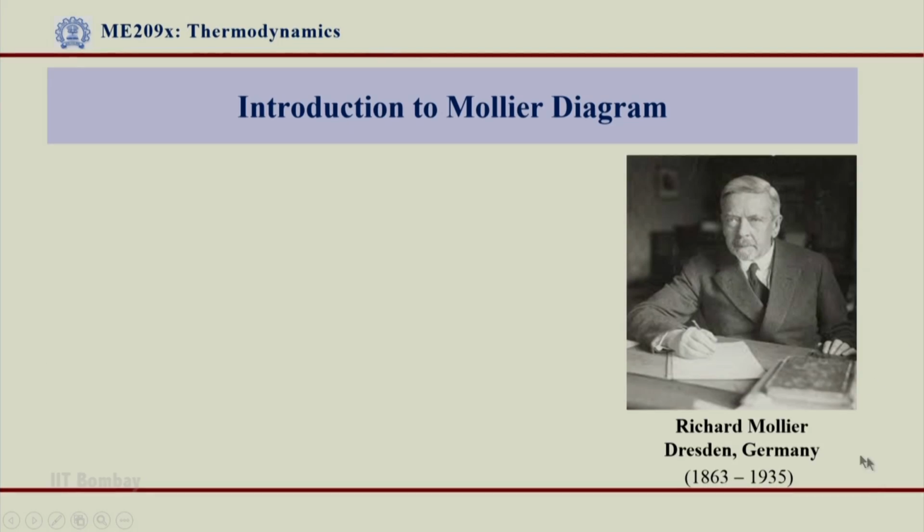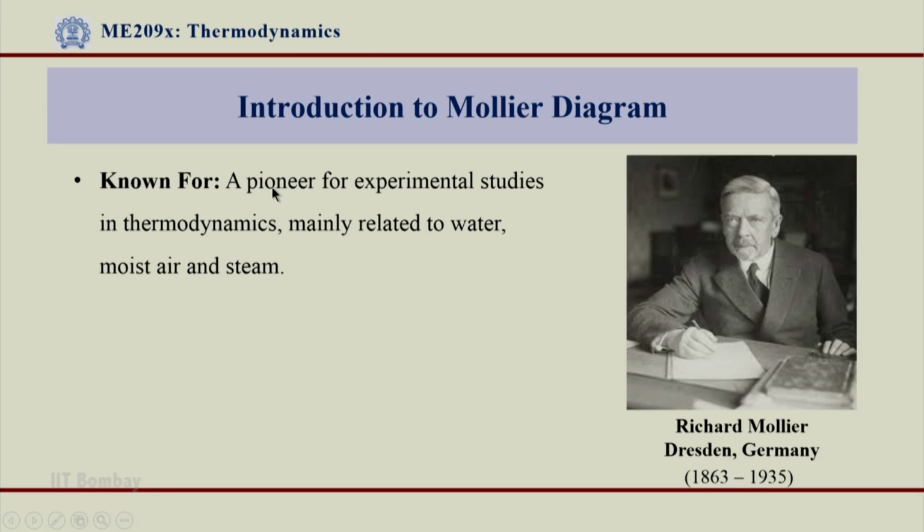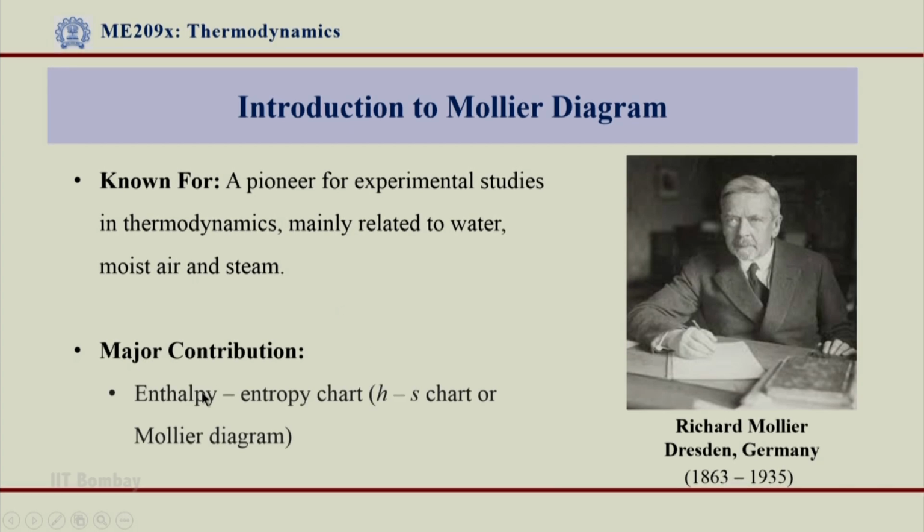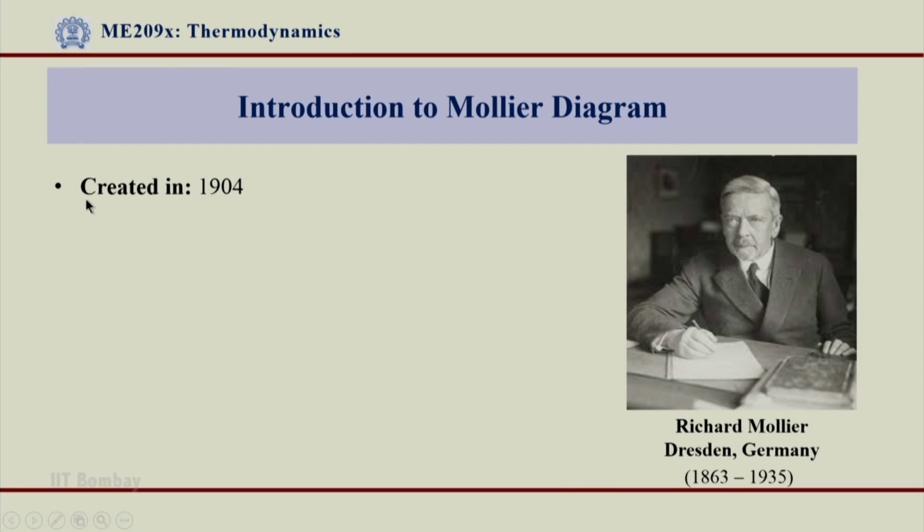This photograph is of Richard Mollier, who came from Technical University Dresden, Germany, life spanning from 1863 to 1935. Mollier is known as a pioneer for experimental studies in thermodynamics, mainly related to water, moist air and steam. The major contribution from him was the enthalpy entropy chart, or HS chart, or Mollier diagram. This is really the biggest contribution that has come from Mollier as a scientist. These charts were created in 1904,